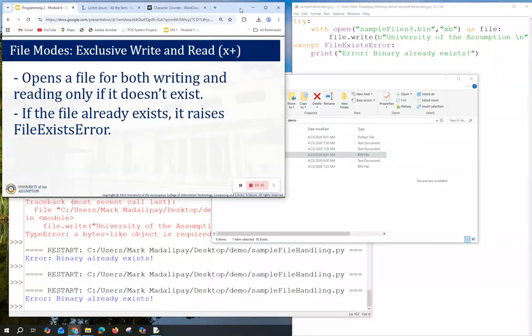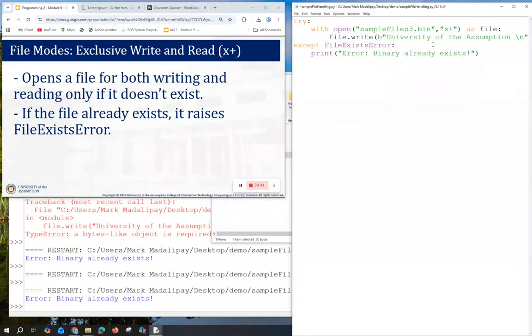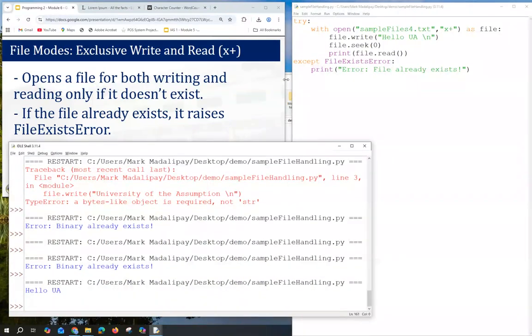Okay. Then we have your exclusive write and read. So X plus with our text. Okay, so let's check.